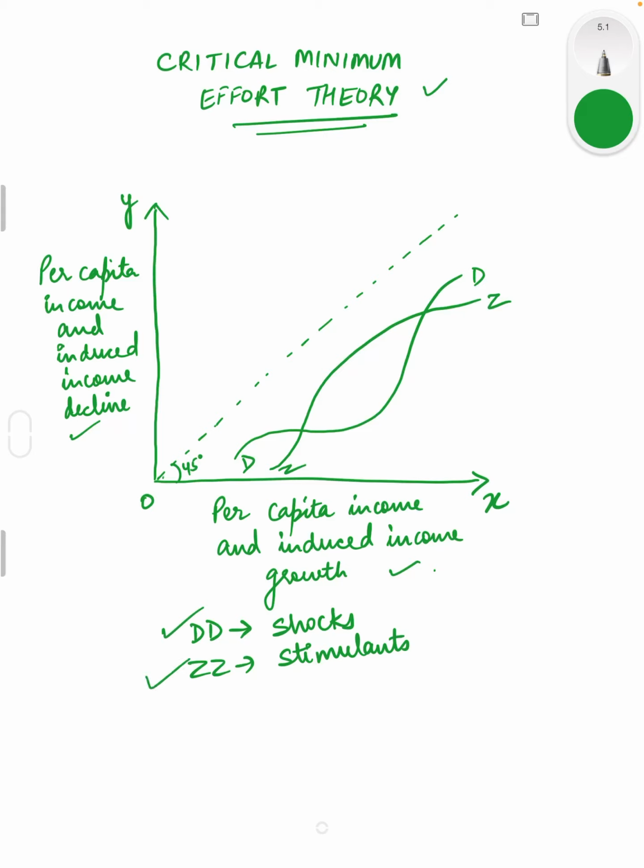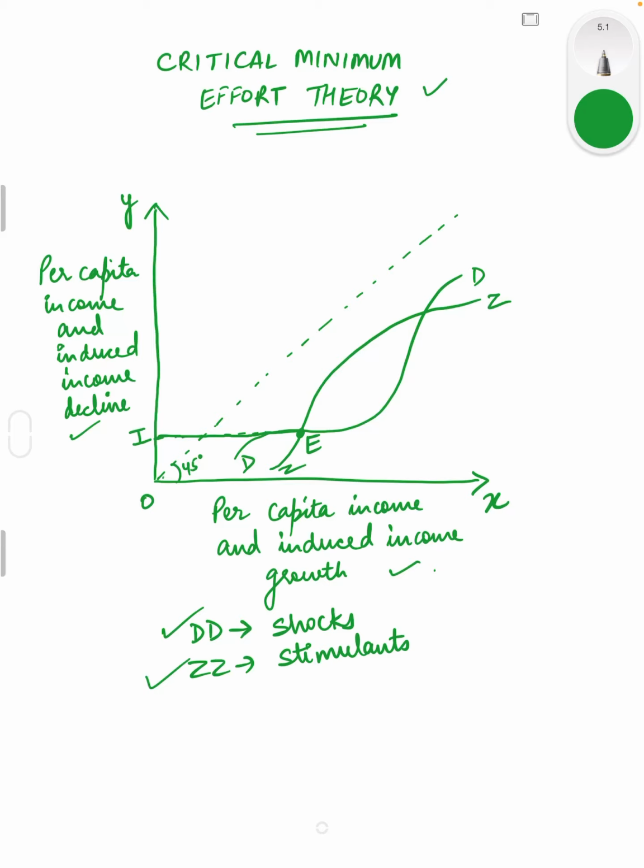Now if we start off, let us say from this point E, I have marked this point E. Corresponding to this point E, the level of income in the economy is very less. You can say the economy is in a very low state of development. The level of per capita income in the economy is very less. So therefore we have to start off from this point. Now let us say at this point some amount of investment, I'm not saying critical minimum investment, some amount of investment was put into the economic system.